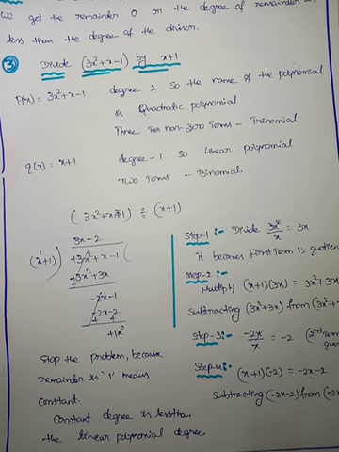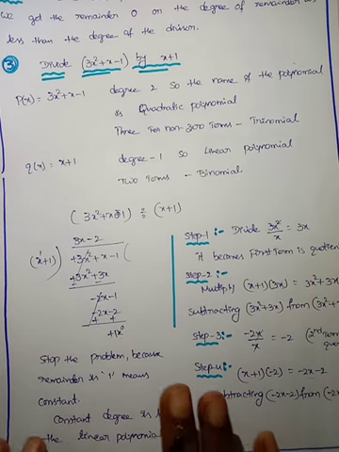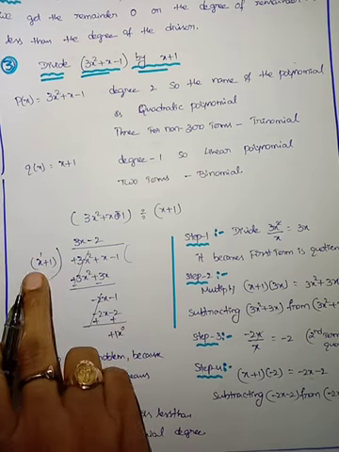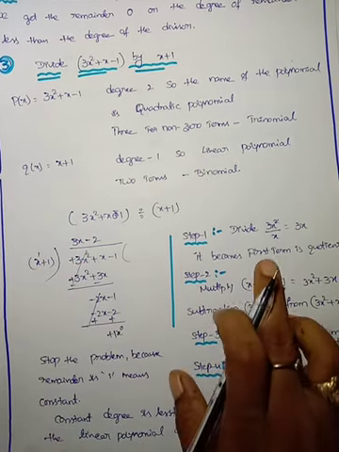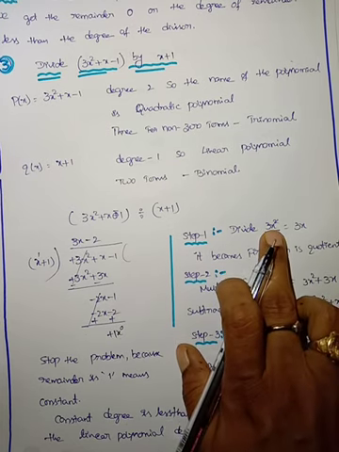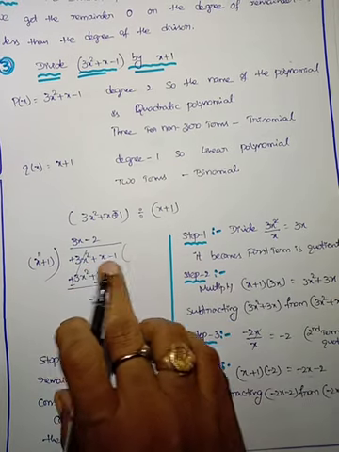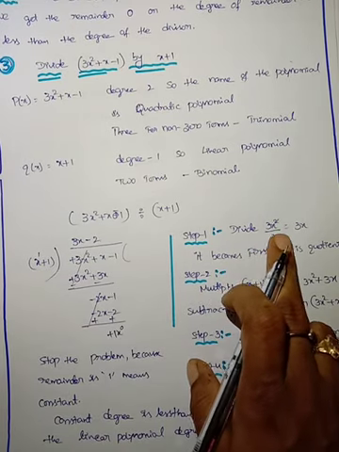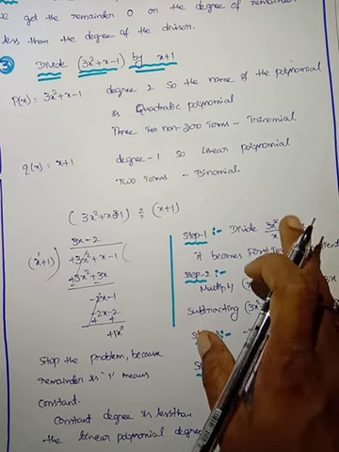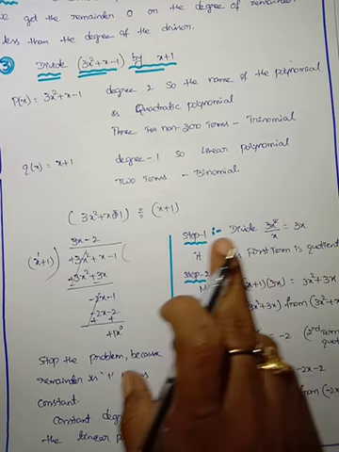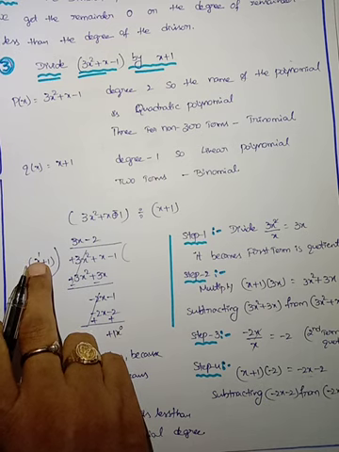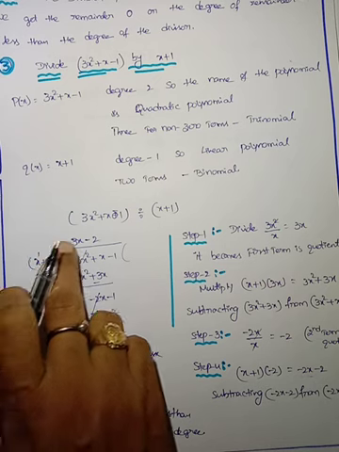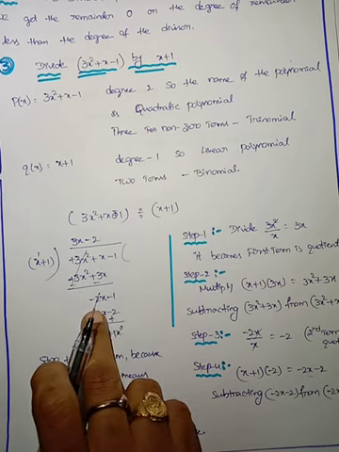Students, just remember, you have to always take the first term as the numerator. In the dividend, the first term is the numerator, and the first term in the divisor is the denominator. So you get one term, that is the first term of the quotient. Multiply these two and put it under the dividend.